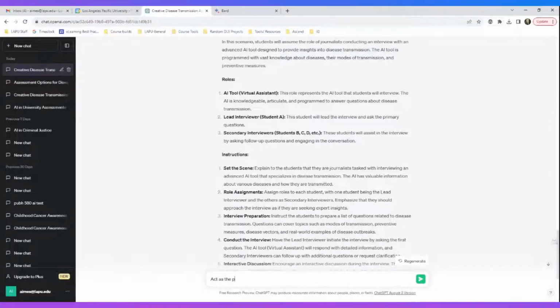the director of a public health department, and role play a scenario where a student is interviewing the director using these questions.